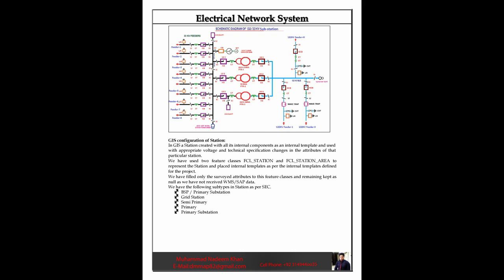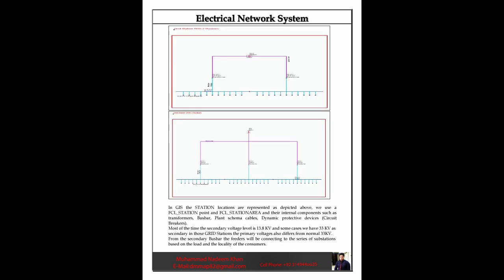BSP/primary substation. Grid station. Semi-primary. Primary. Primary substation. In GIS, the station locations are represented as depicted above. We use FCL_station point and FCL_station area and their internal components such as transformers, busbar, plant schema cables, dynamic protective devices, circuit